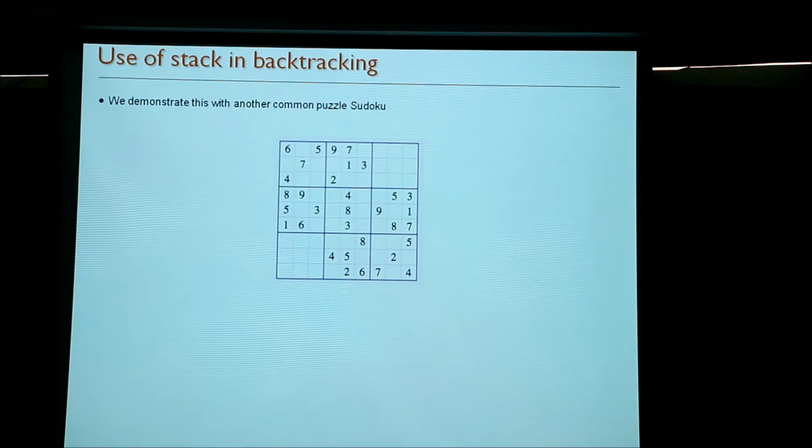I just wanted to ask, while using the stack, how do we ensure that we have checked? See, the stack does not ensure that you will check that. The stack is only to maintain the backtracking whenever you do backtracking. How do you check? You just see all the values in this row, the column and the box, and if there is a conflict, then that's an invalid value. So the stack is not used to check the values. The stack is mainly used to maintain the backtracking stages.